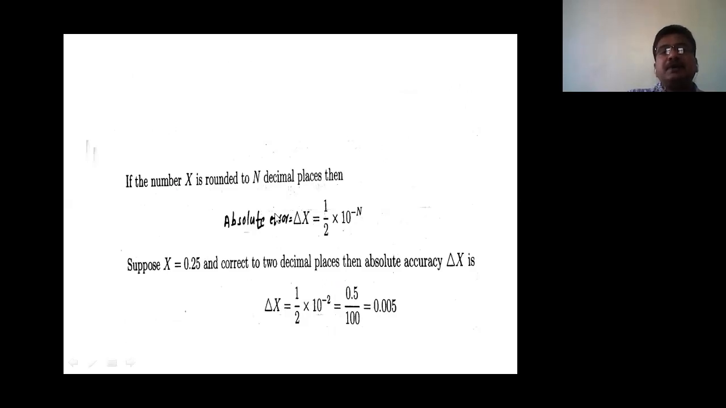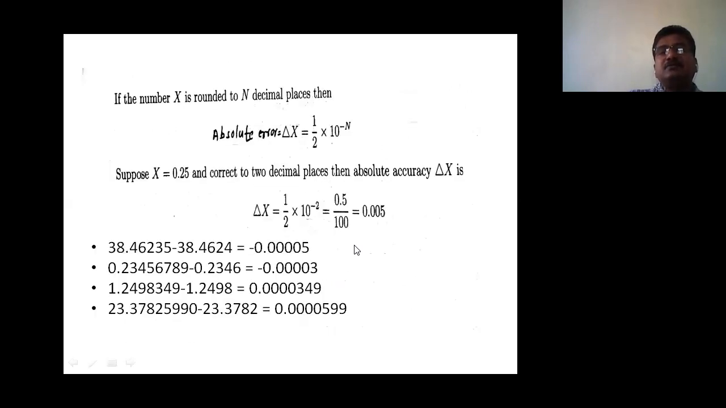So this is the upper limit for absolute error. What is the upper limit for absolute error? Upper limit for error, that is equal to... if we round up the number, then the absolute error or upper limit for error is delta x is 1/2 10 raised to minus n. So how can we